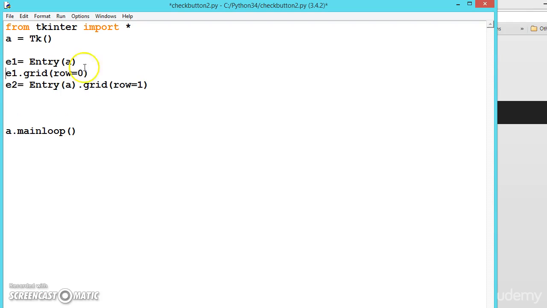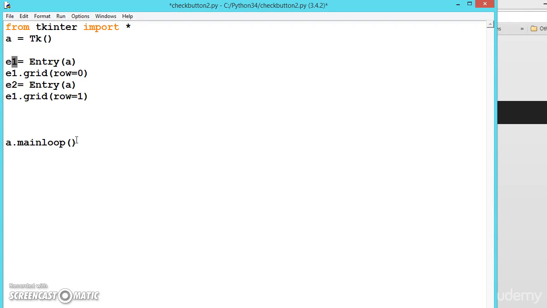Even if you call the method in the next line, create the object of the class only. Why? Because there are other methods than grid, like a method called insert, delete. To use those methods effectively, first you create an object of the class only. This applies to the label, button, or anything. So when you are creating an object, always create like this.